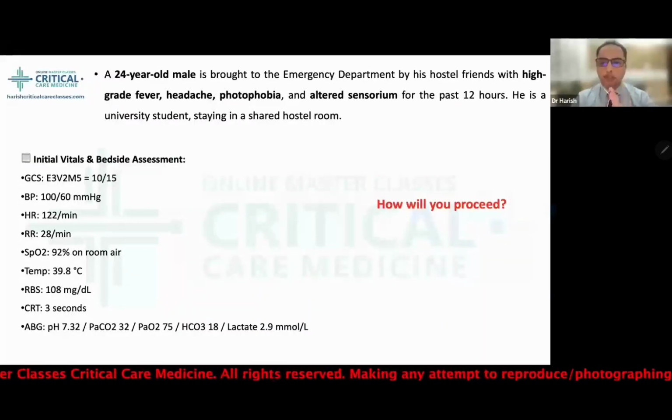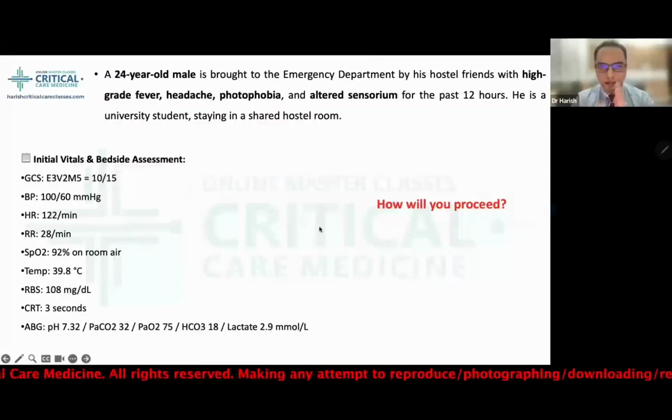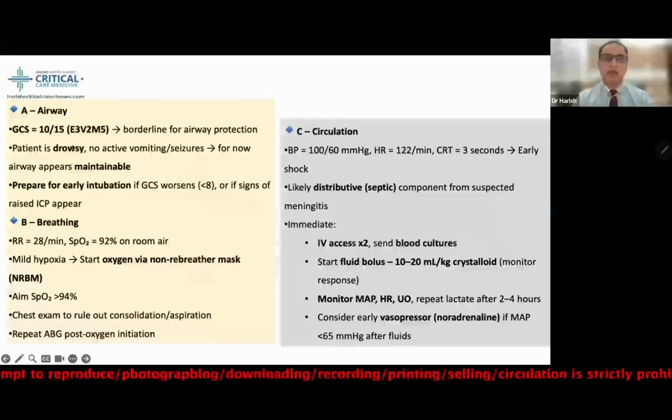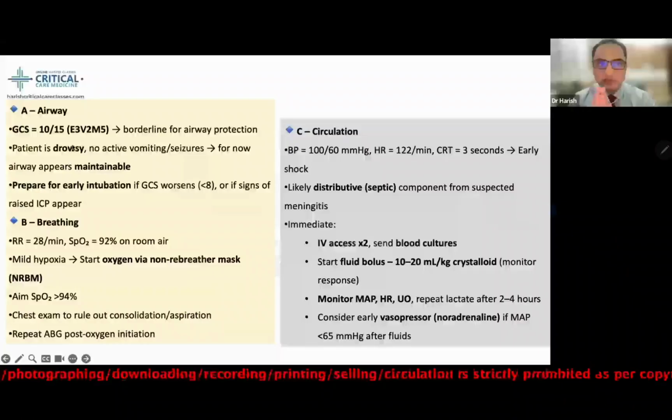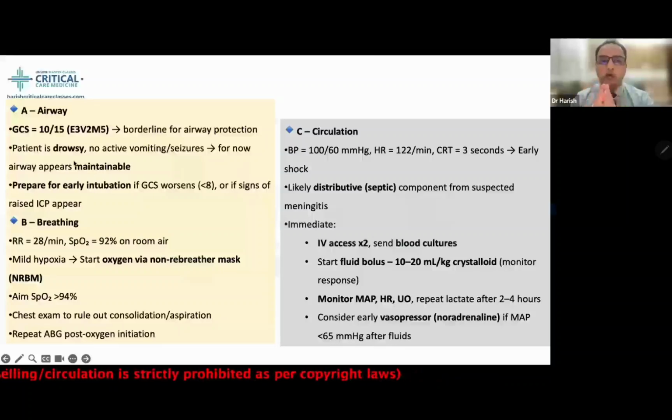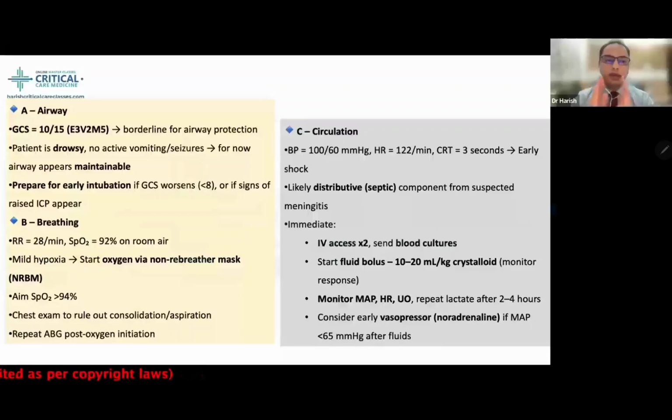Okay, so obviously like any other patient whom you are going to receive, you always go airway, breathing, circulation. Airway: the patient has a GCS of 10 by 15, so it is borderline for airway protection. Patient is drowsy, no active vomiting or convulsion history. So for now the airway appears maintainable. We have an indication for airway protection when the GCS is somewhere around less than 8. So prepare for